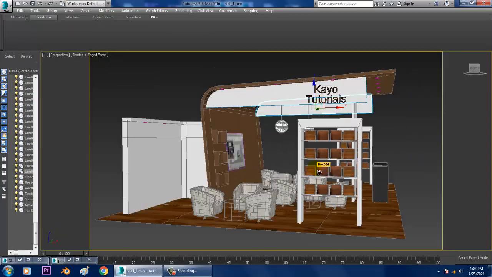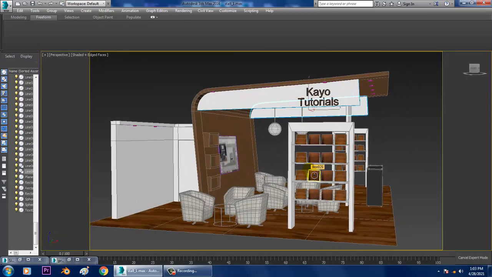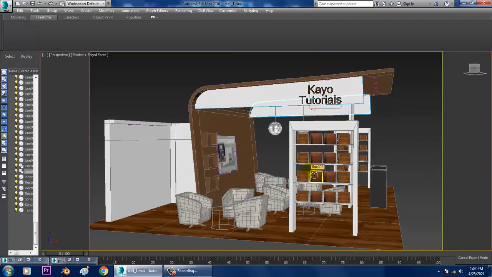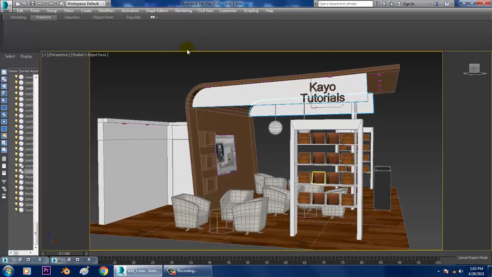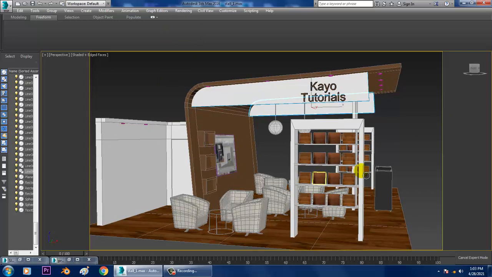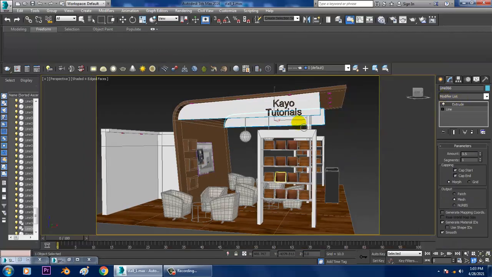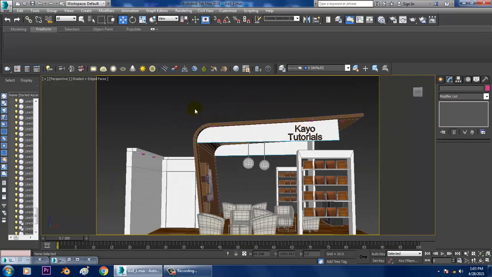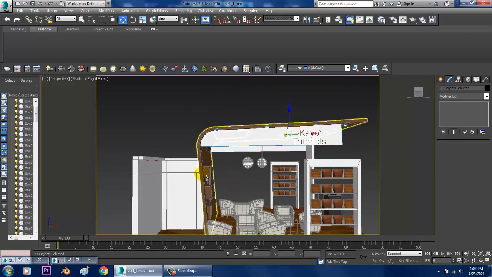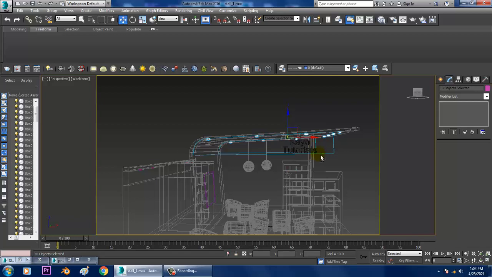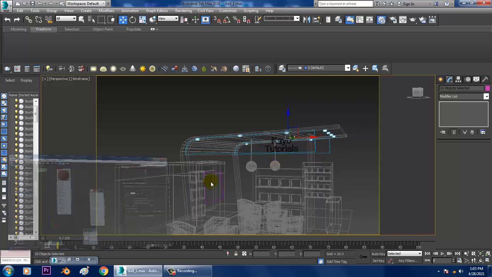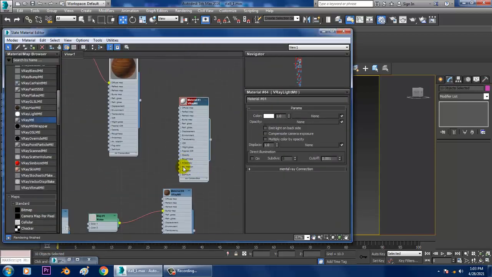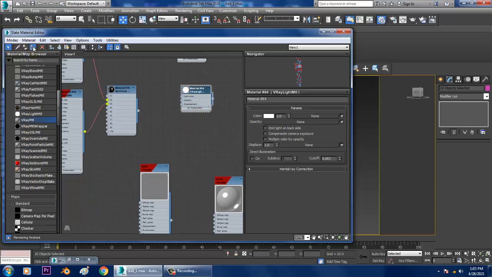So you can just render and see how it looks. So you're not doing lighting over here. Okay. So due to that, I'll just undo that stuff. So let's just select these lights.